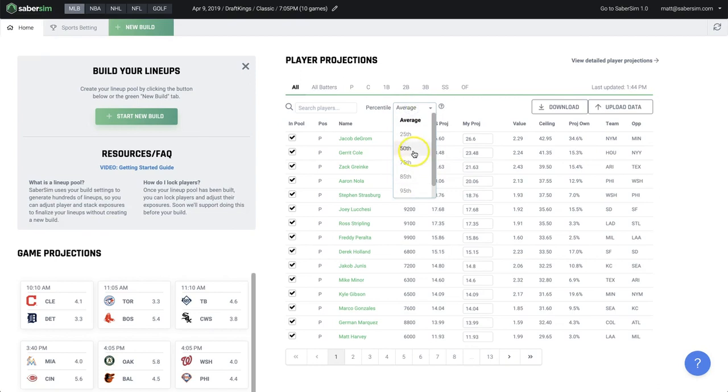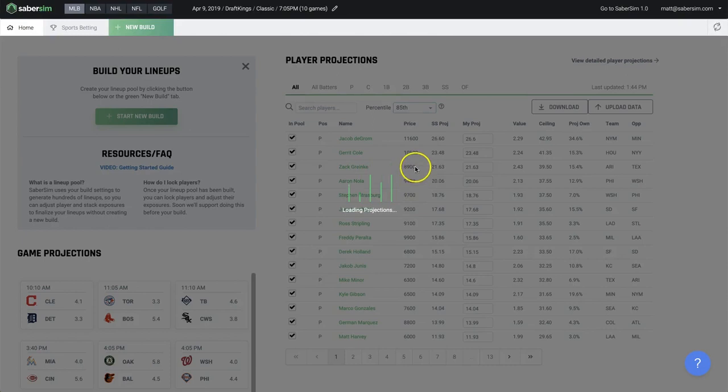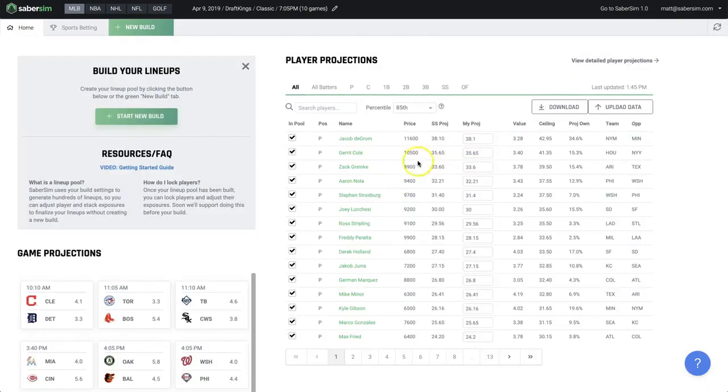I recently added percentile projections, so if you choose from this drop down, you can see the different percentiles. So if you choose 85th, that's basically the projection that the player is expected to hit 15% of the time. This is mostly just visual, but you'll see that actually changing percentiles after we start our build can affect your